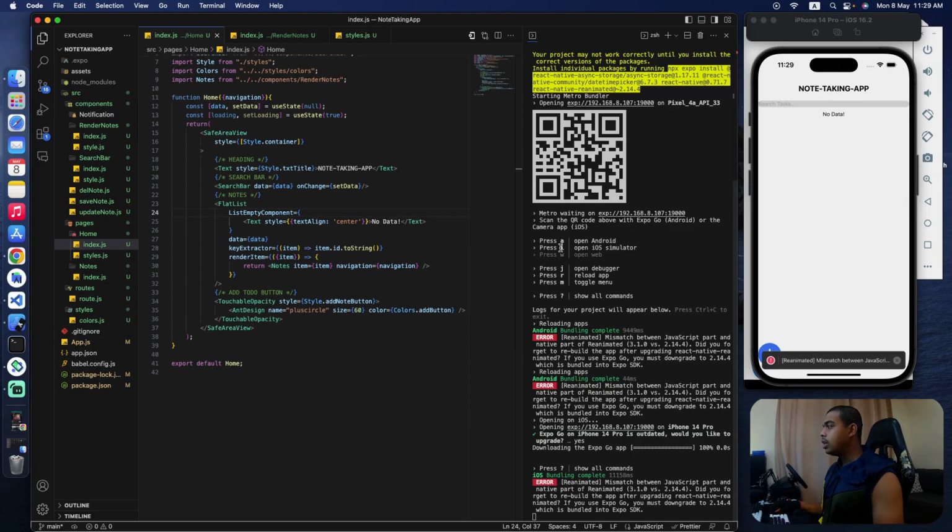Okay, so now as you can see, our app is successfully running in our iOS simulator, and we can see there's no data being displayed. That's perfect for now. What we actually need to do is insert some dummy data to be displayed over here. Before doing that,